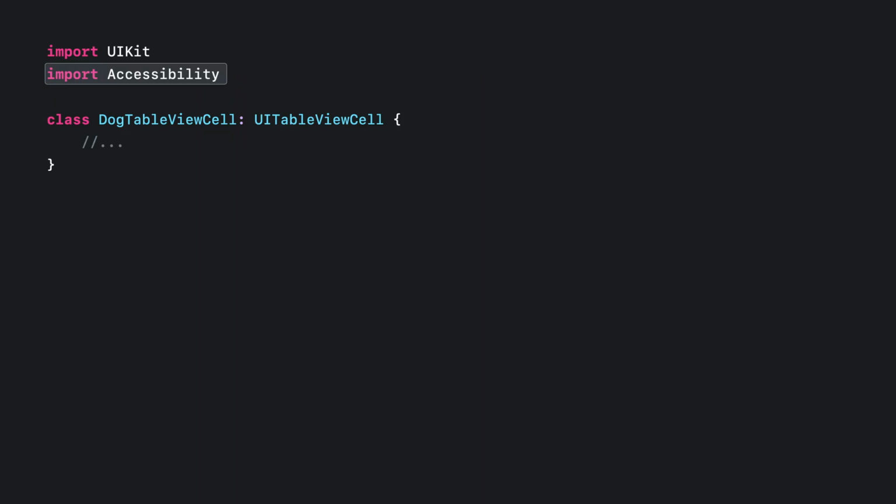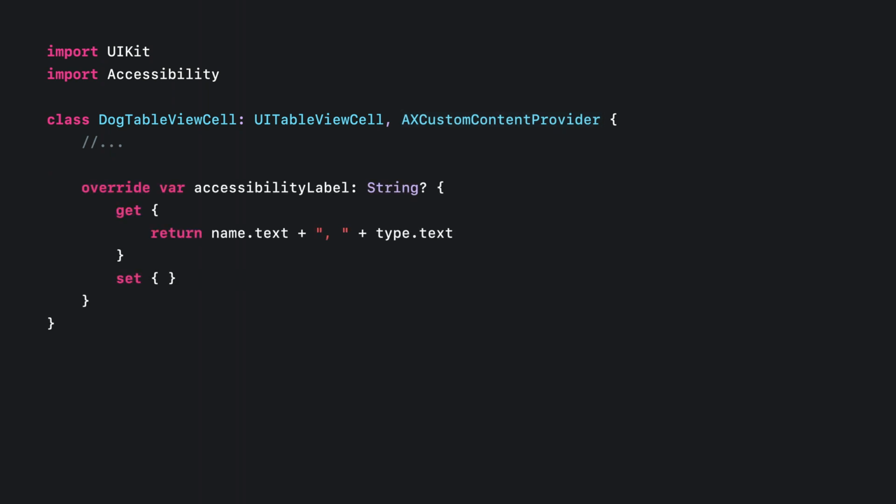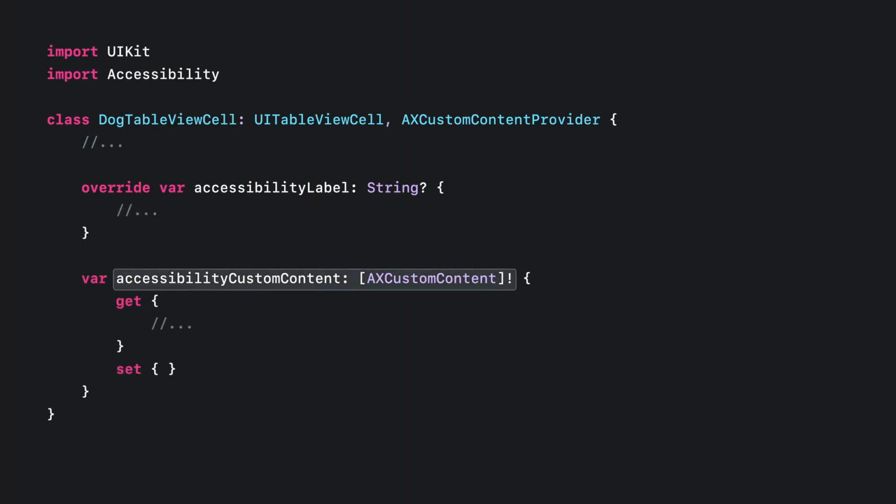To implement AXCustomContent API, we first import Accessibility Framework. Then we need to add and implement AXCustomContentProvider protocol on our table view cell. Before implementing the protocol methods, let's override the accessibility label property and return just the name and the type of the dog, as they are the most relevant details here. We then implement the AXCustomContentProvider protocol method